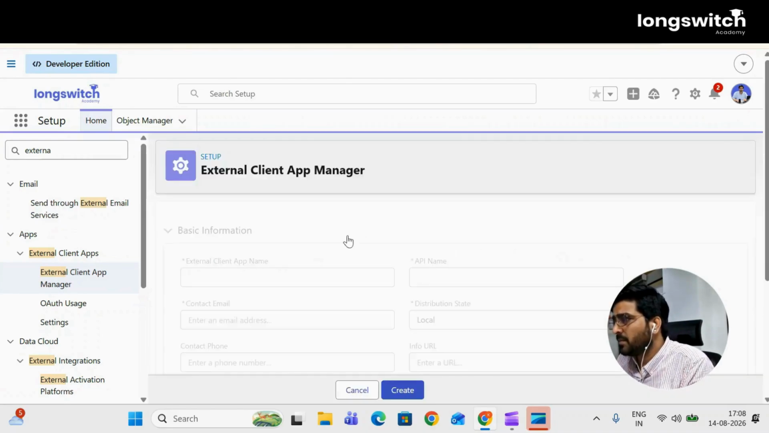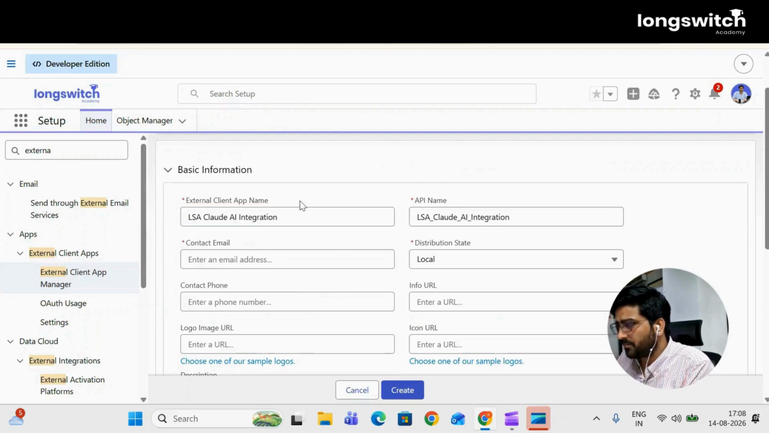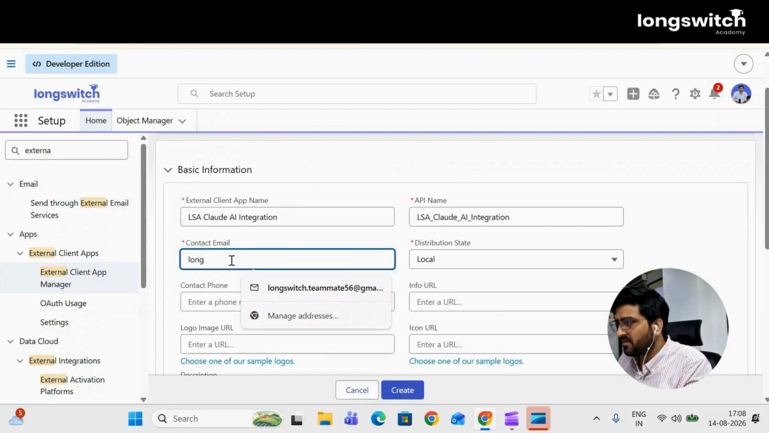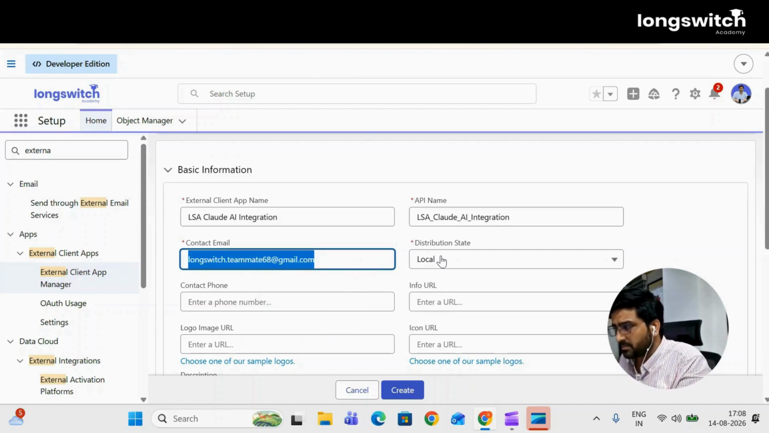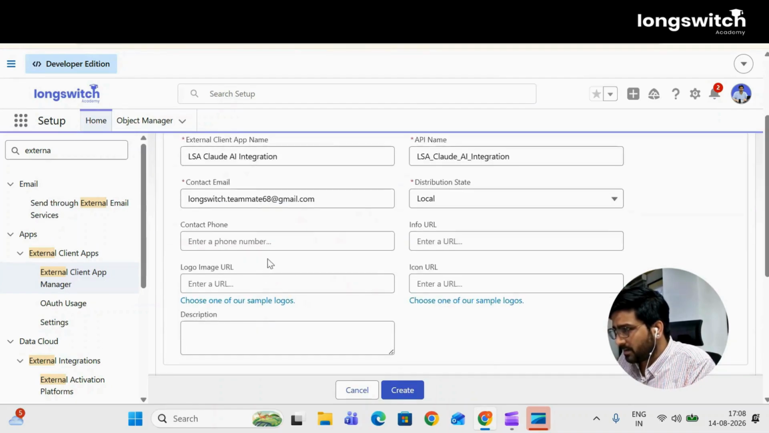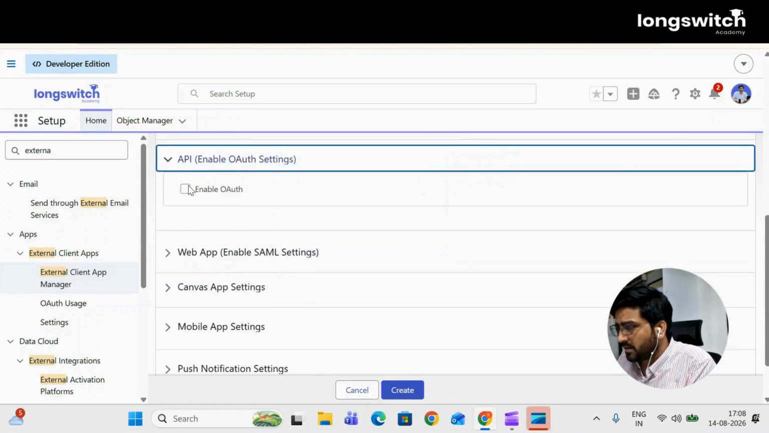Give it a meaningful name, like I will give it a name like LSA Claude AI integration, so that I remember what my app does. I will use one of my email addresses for this purpose, and I'll skip the rest of the fields. I will enable auth,